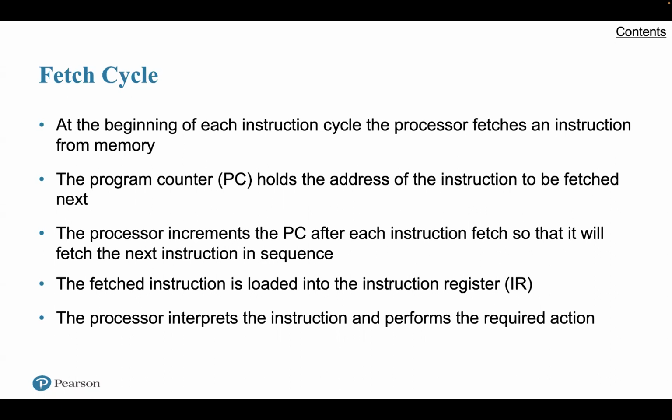Assume that the program counter is set to memory location 300, where the location address refers to a 16-bit word. The processor will next fetch the instruction at location 300. On succeeding instruction cycles, it will fetch the instruction from location 301, 302, 303, and so on. This sequence may be altered